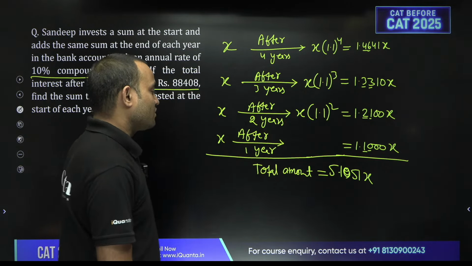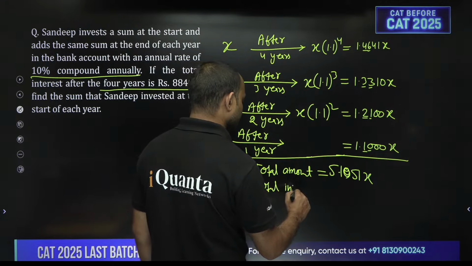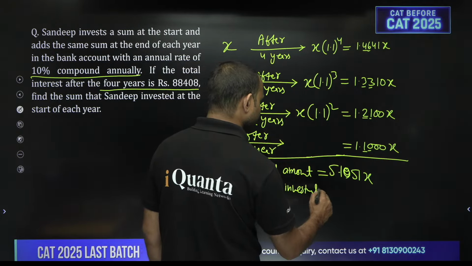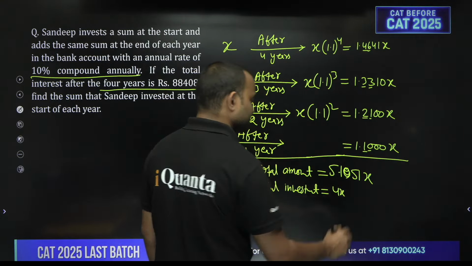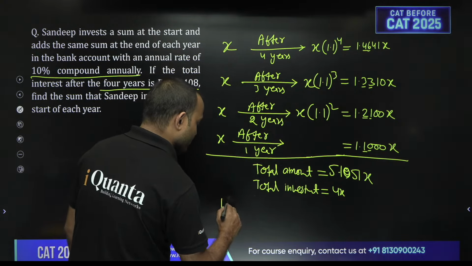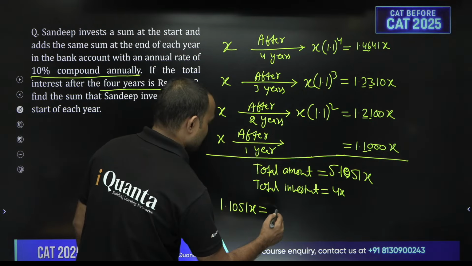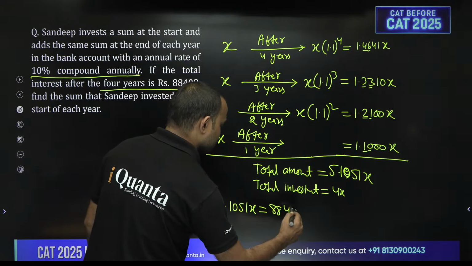5.105. And what is the total investment? Total investment is equal to 4x. So, what is the interest? Interest is 1.1051x is equal to 88408, right,